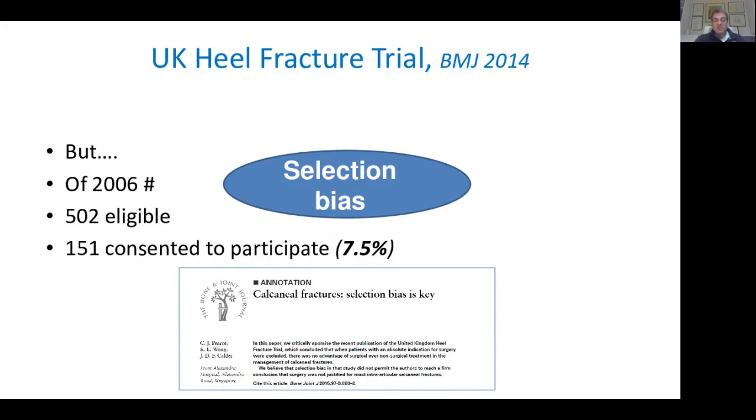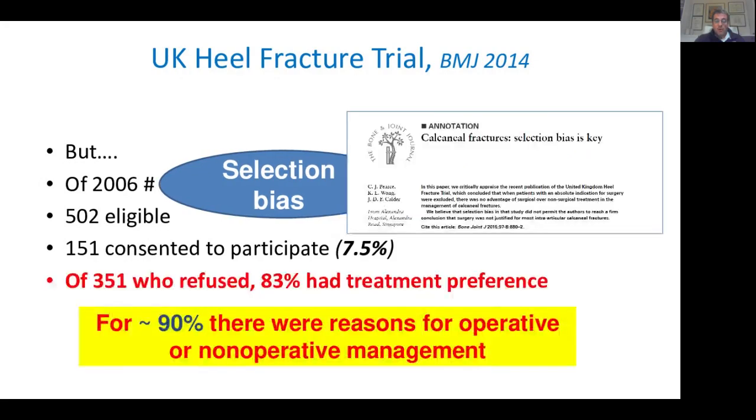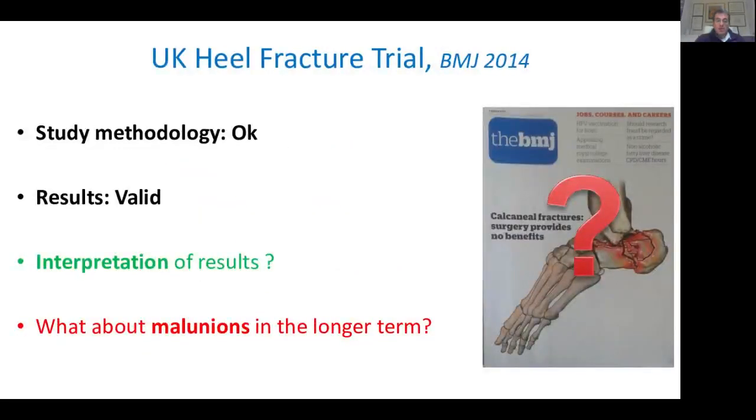There was, as highlighted by other publications, a selection bias in the trial, as of 2,000 patients with calcaneal fractures and 500 were eligible, only 7.5% consented to participate. Some had treatment preference, and for some others there was a reason why they were managed operatively or non-operatively. So yes, the methodology is okay, the results are valid, but the interpretation was wrong in the way it was presented in the British Medical Journal a few years ago, and it does not say what happens to these patients